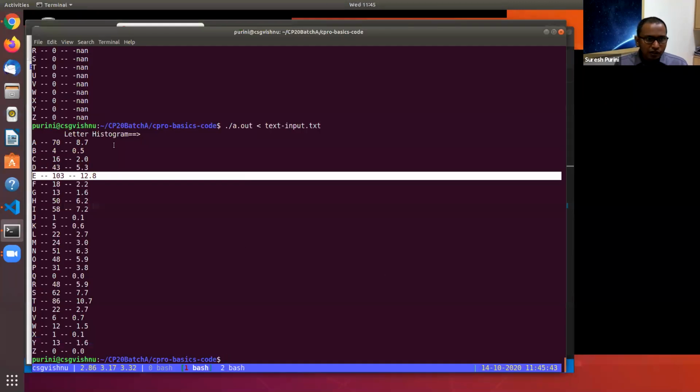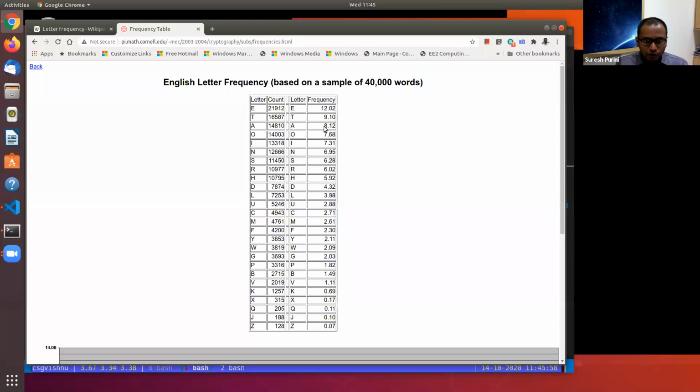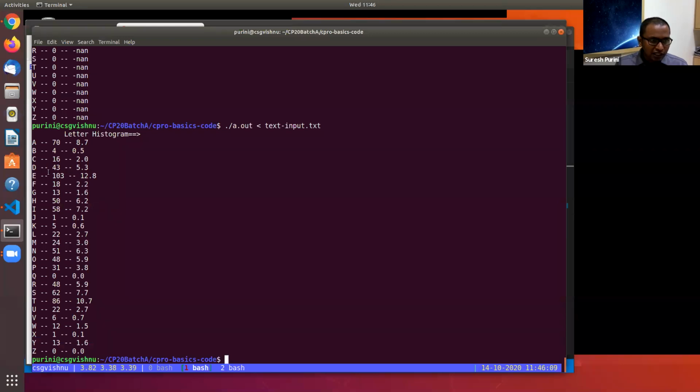And here the frequency of letter E is 12.8%, and this is a random text I picked from the New York Times. Similarly, A is occurring with 8.7% in this text, and online it is 8.12%. Similarly, D is 4.32% online, and here it is 5.3%.